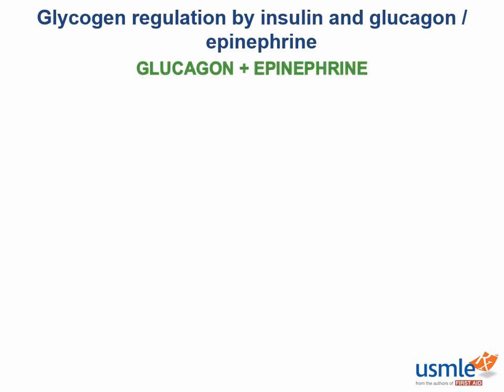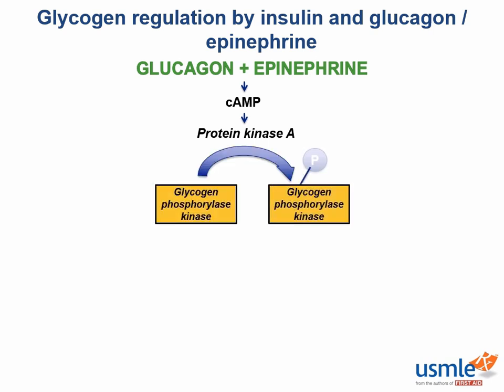Now in the fasting state, the synthesis of glucagon as well as epinephrine are driven by low blood sugar levels. Both of these hormones cause activation of adenylate cyclase, which synthesizes cyclic AMP, which in turn activates protein kinase A. And do you happen to remember what the kinases do? There you go, the kinases phosphorylate a substrate, and in this case, protein kinase A phosphorylates the enzyme glycogen phosphorylase kinase,